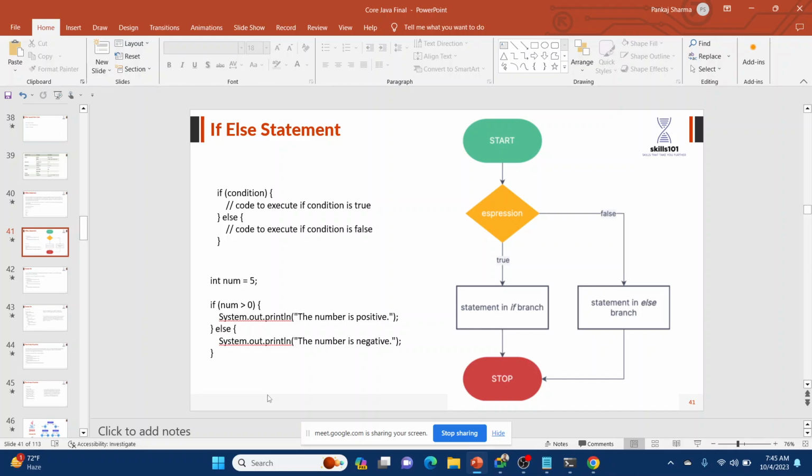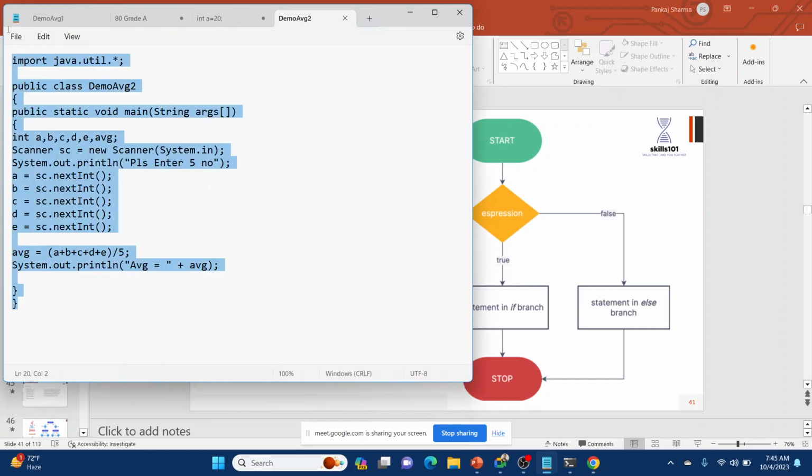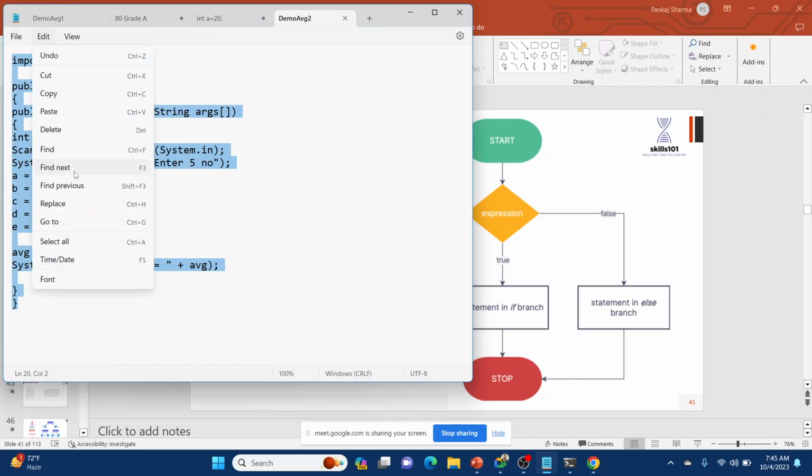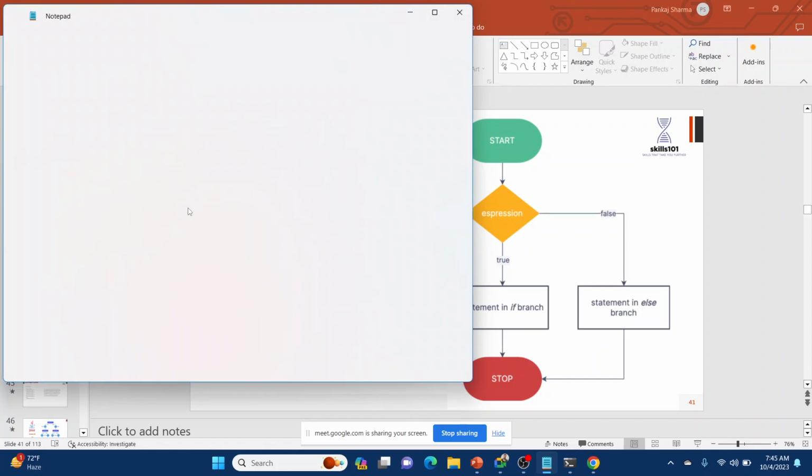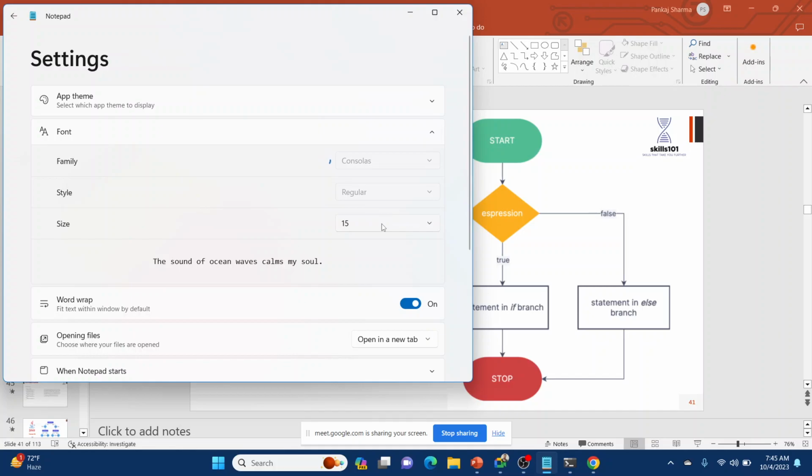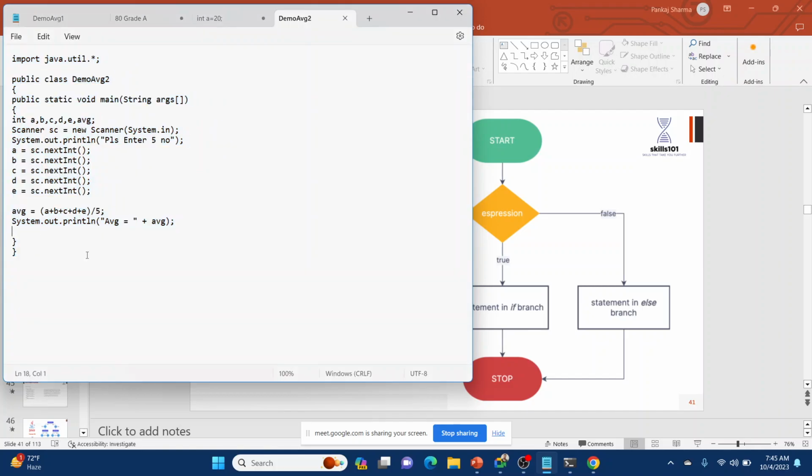On the basis of that, we choose the if else statement. So now let's try to do it on the same example. In the if else statement, let's change the font size, let's do it 12. Okay.